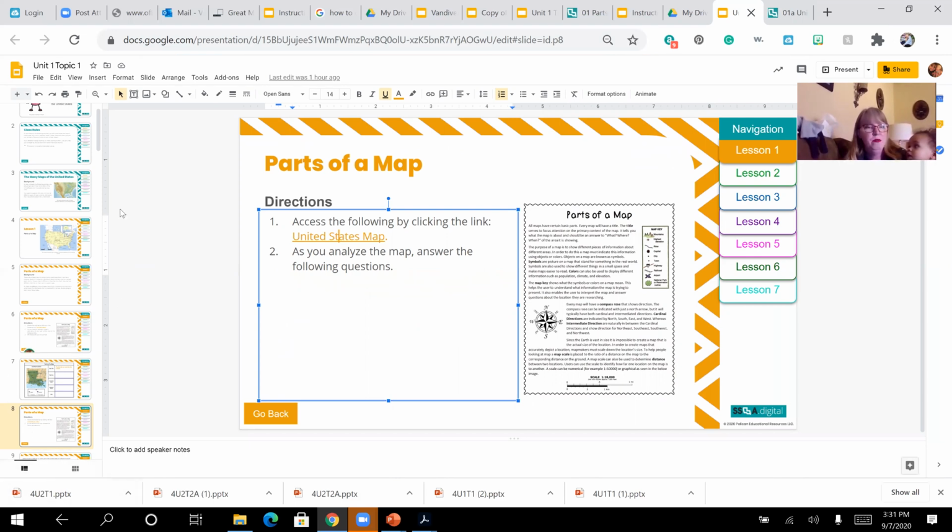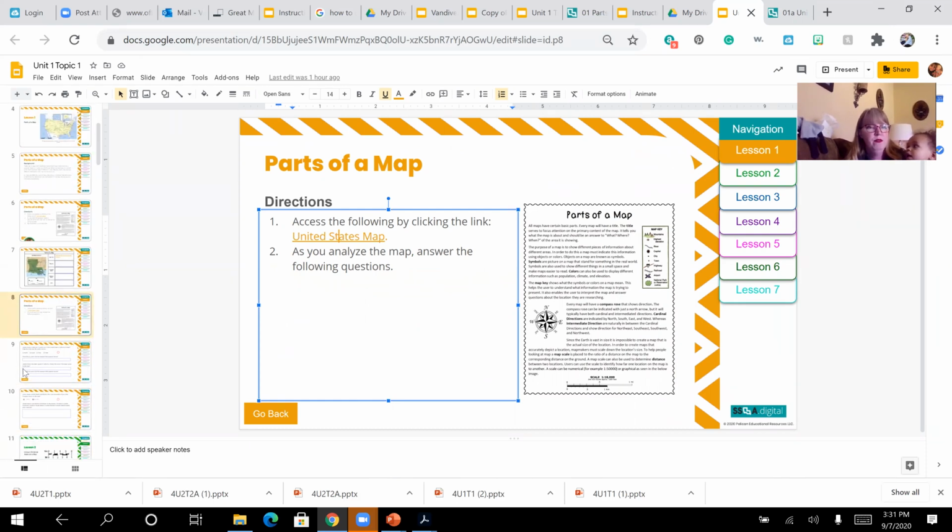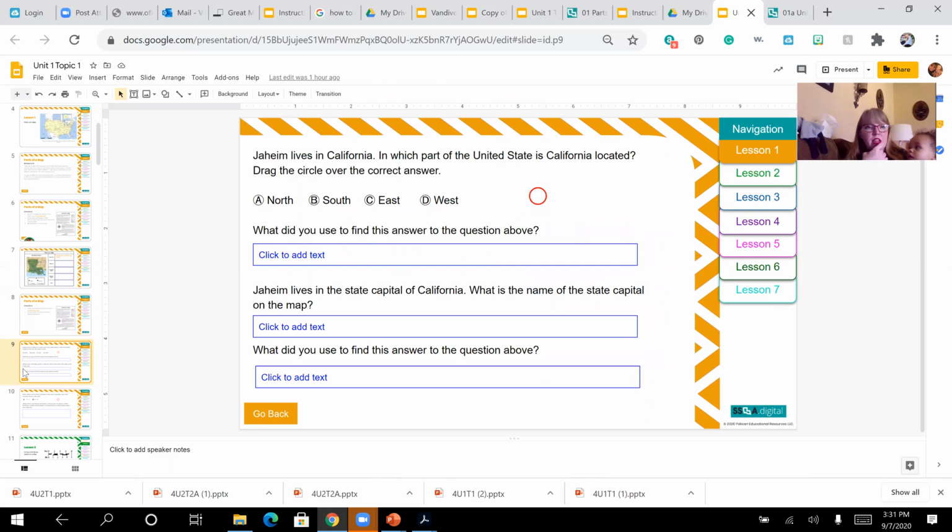Then we're going to go, and you can move your little slider over to slide 9. Yahim lives in California. In which part of the United States is California located? So it says drag the circle. So you literally grab that circle